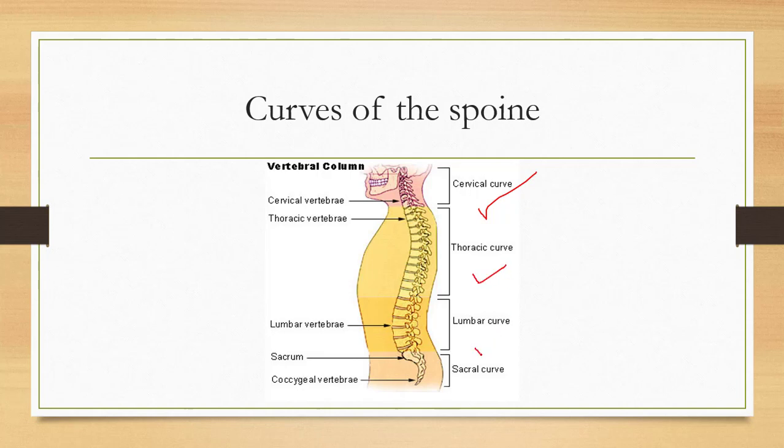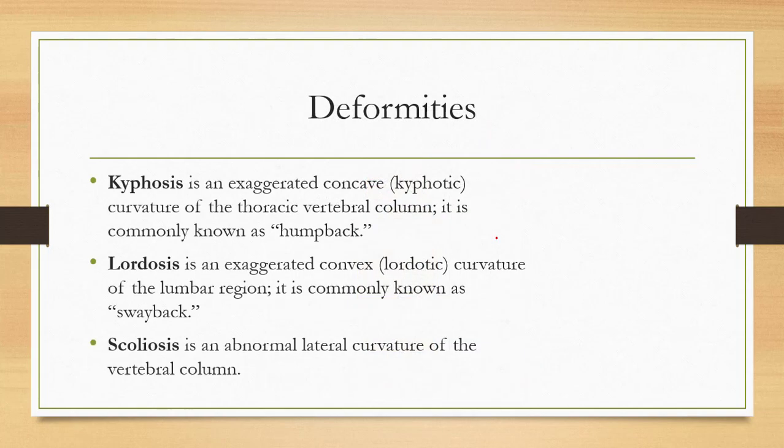So basically a spine develops four different kinds of curves: cervical curve, thoracic curve, lumbar curve, and a sacral curve. The cervical curve is developed when a child lifts his head to investigate the world. So this anterior convex curve is developed during that time. And the lumbar curve is developed when a child tries to stand erect. And the thoracic and sacral curves are the secondary curves, and they are formed as per the lumbar and cervical curves. So these are the four different curves.